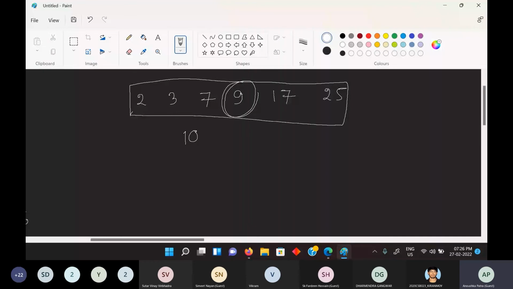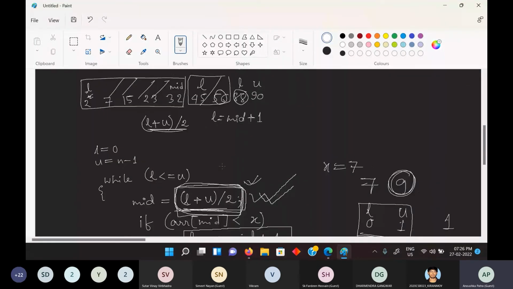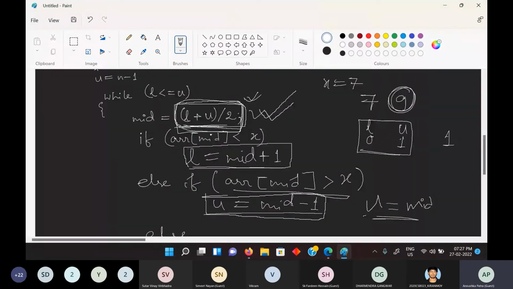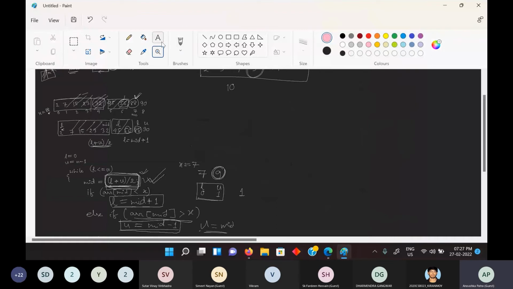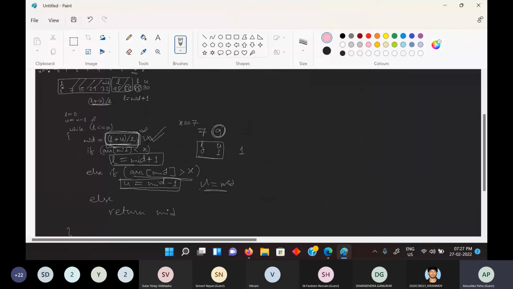For floor binary search, you are going to make some changes here in the code. You can take a floor value and initialize it as -1, and when you have found the floor value, where you are changing L equals mid plus 1, you can take